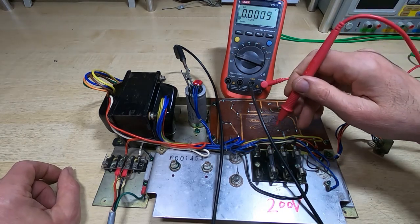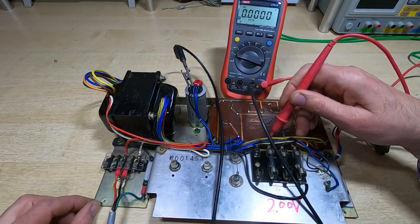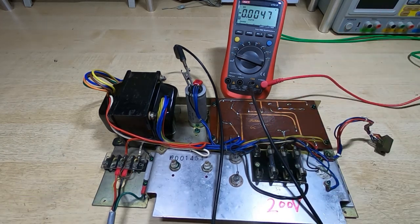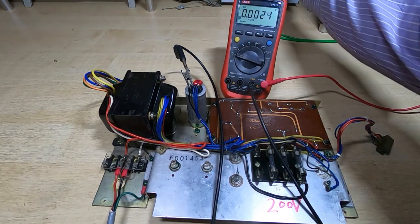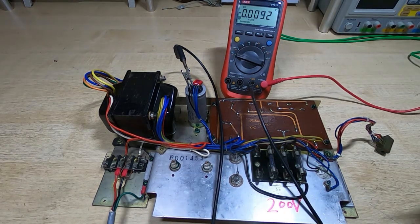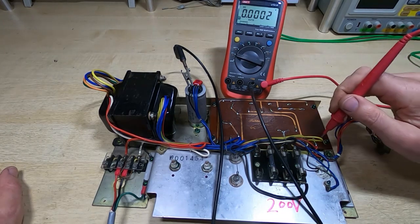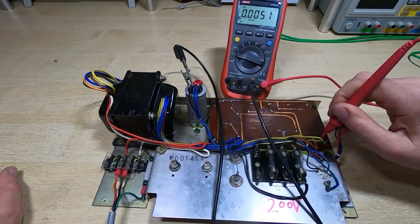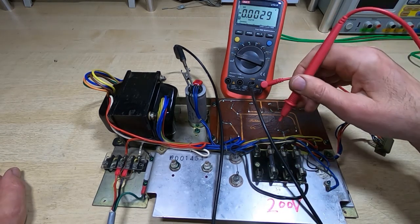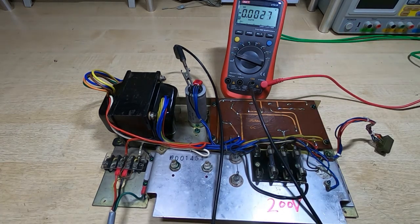We'll look at the minus 10 volt rail and make sure we're getting something that makes sense on that rail. So at minus 9 at the moment, and I'll increase the input voltage. We'll go up to about 100 volts, AC in, of course. Okay, so zero current indicated on the transformer, so nothing untoward yet. We'll look back at the plus 10 volt rail, still around 13 volts, and we'll look at the minus, and still around 9 volts. So we'll go back,